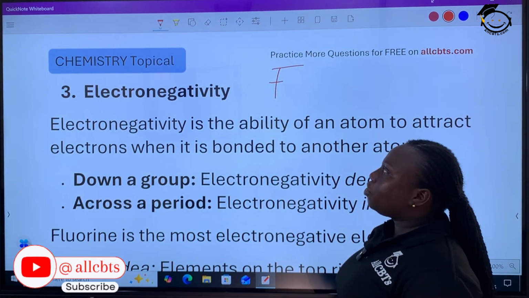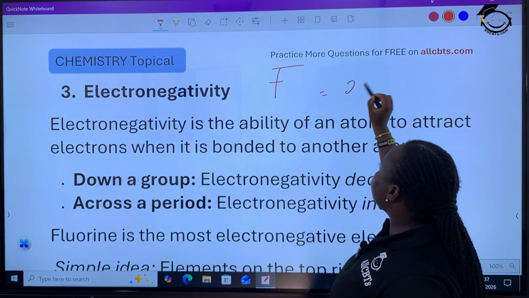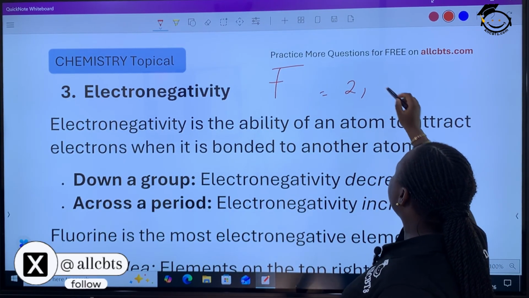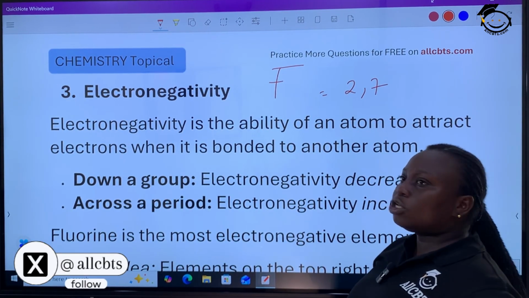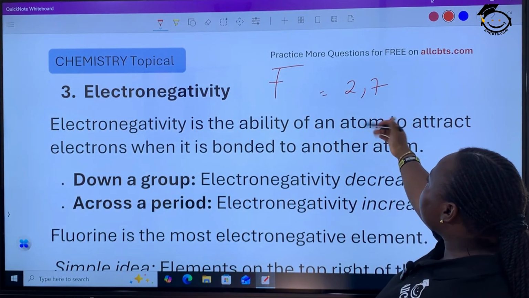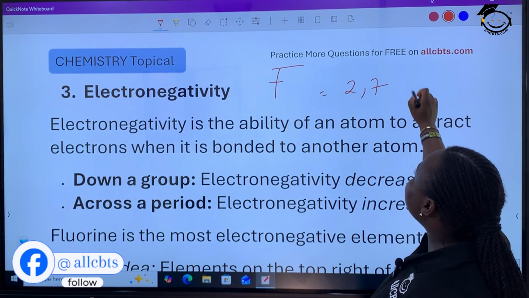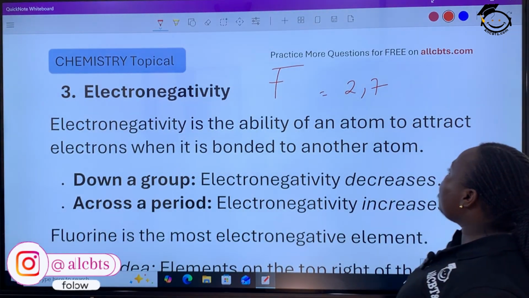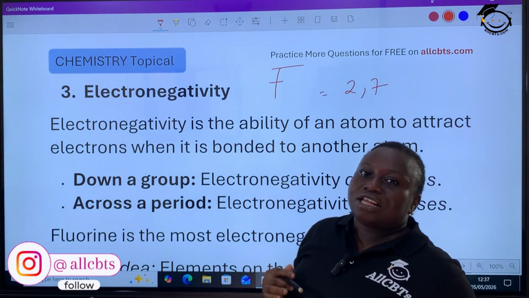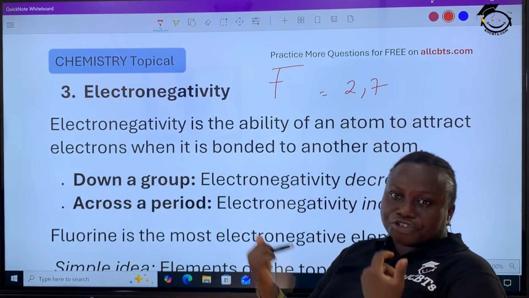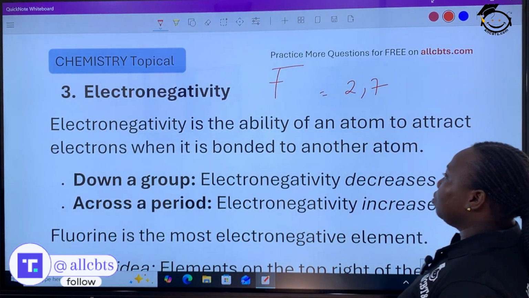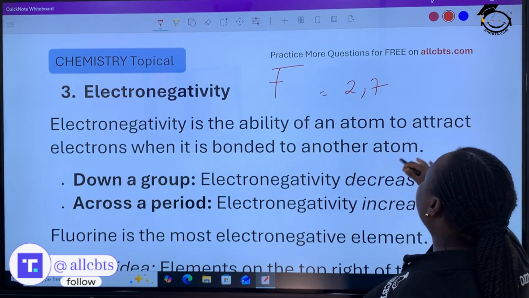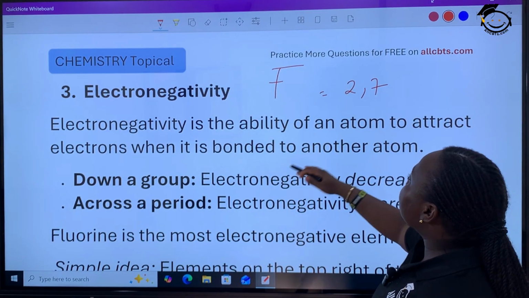Now if you notice, fluorine is 2,7. This fluorine needs 1 electron, so it will attract electrons. Why will it attract electrons? Because they are electron acceptors. They attract electrons. That's why we say that it's the ability of an atom to attract electrons when it is